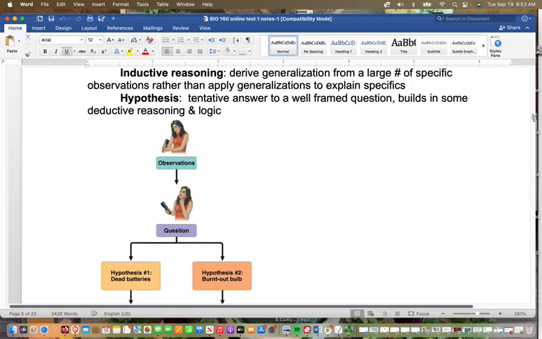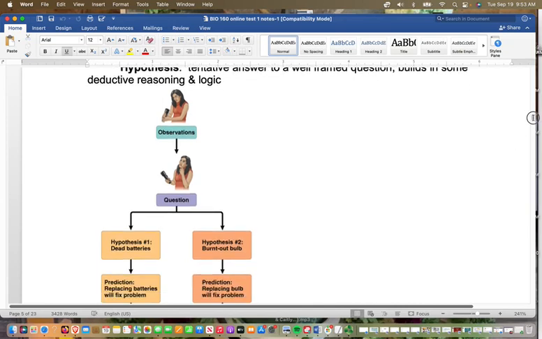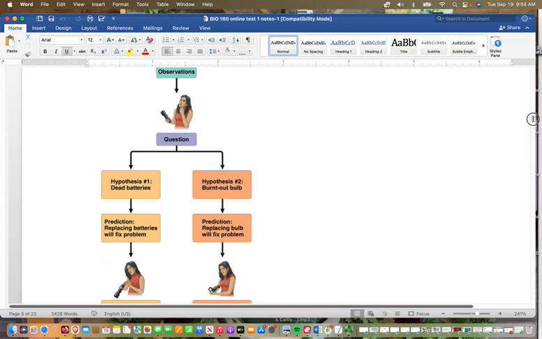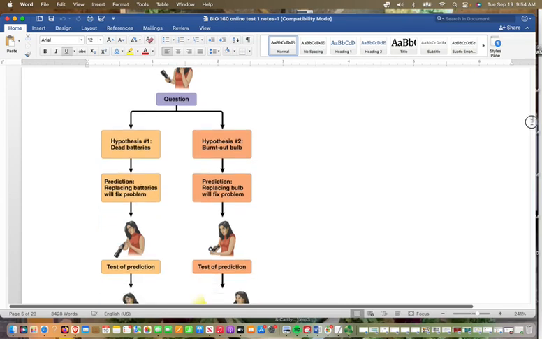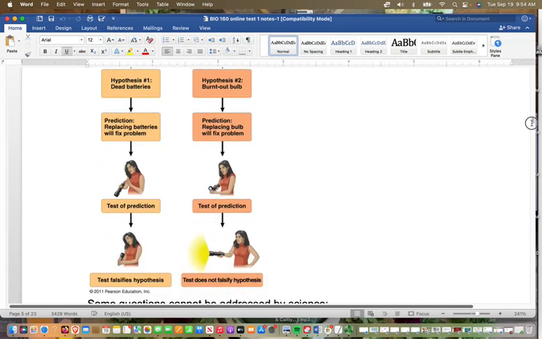So in our example here, we've got a person who is observing that their flashlight doesn't work, and she starts to wonder why. So the first hypothesis is that the batteries are dead. So what she predicts is that if she replaces the batteries, it will fix the problem. So she does that and tests it, and you're able to see that the test falsifies the hypothesis that it does not